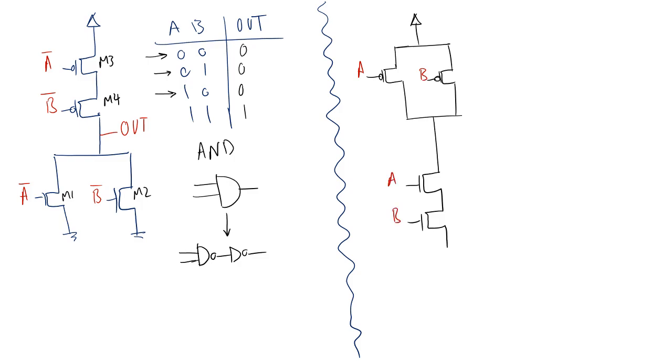So if this is connected to ground, and I connect the output of the NAND gate to the inverter, which looked like this, I had just a PMOS and an NMOS, and they were connected together. If I connect the output of the NAND gate to the input of the inverter, I can call the output of the inverter out, and this is also an AND gate,